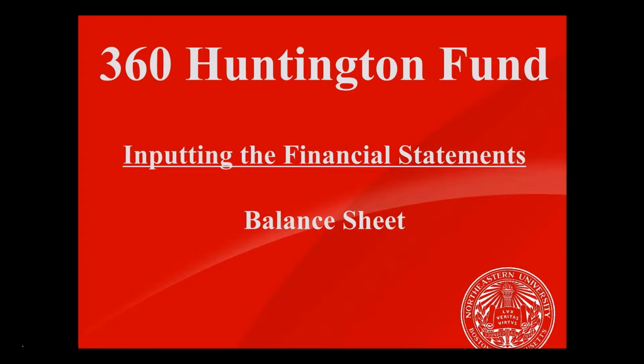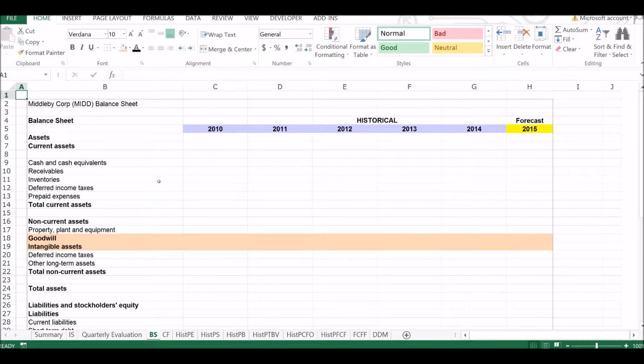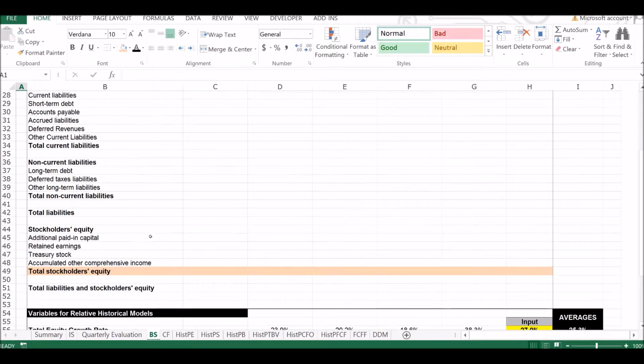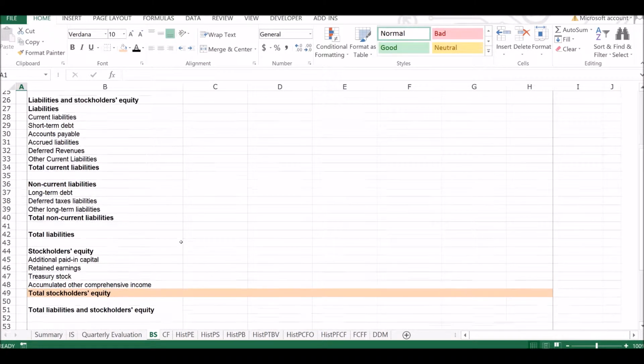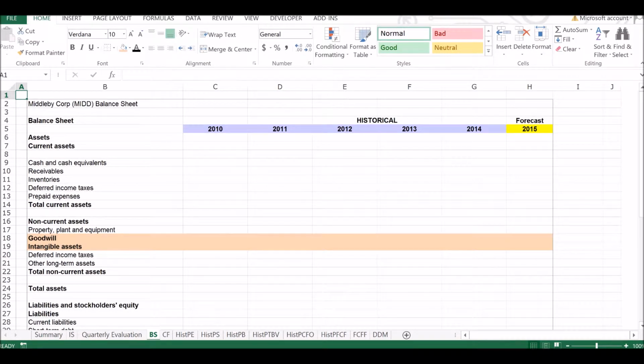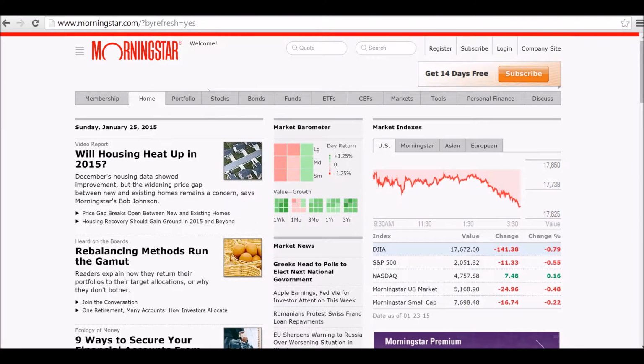If you have your valuation model already set up, you'll click on the BS tab, which stands for balance sheet, and we're brought to a screen that looks like this. On the balance sheet, you'll notice that it's assets, liabilities, and shareholders' equity, or stockholders' equity. That's covered here. So first, you're going to want to open up Morningstar,